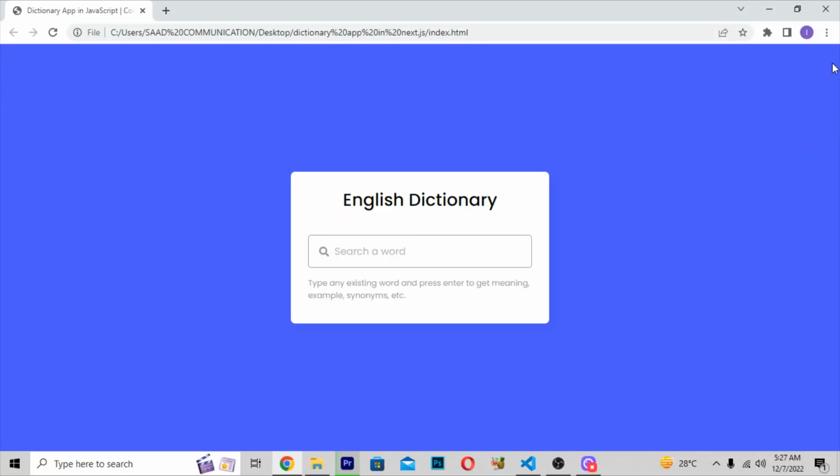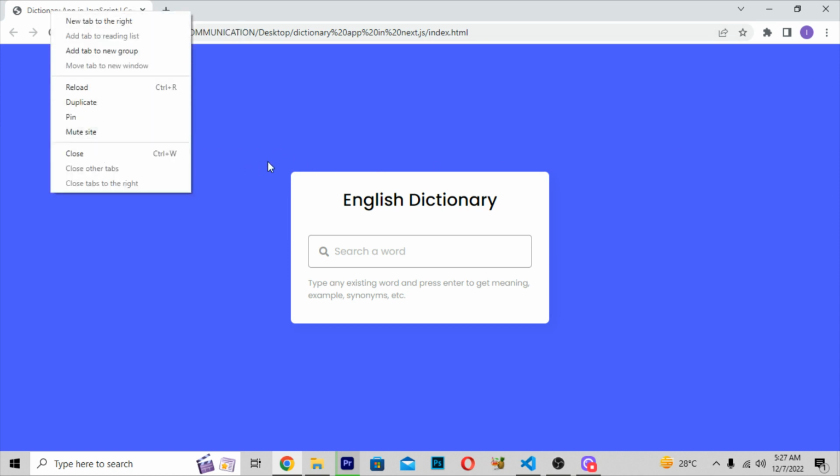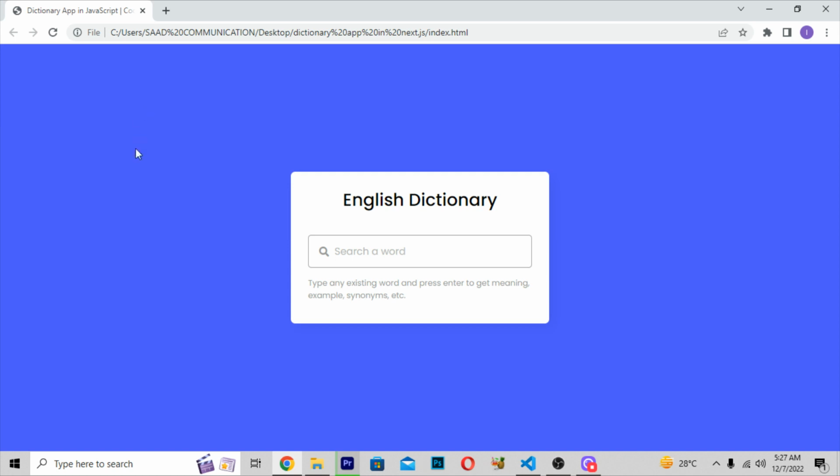So just like I'm telling you, we'll be building an amazing dictionary app, and we will be using Next.js 13 and many different Next.js 13 libraries to build this amazing dictionary app here. Now I'll be giving you the demo of this dictionary app and showing you how it looks and what things are included in this amazing dictionary app which we are building here.